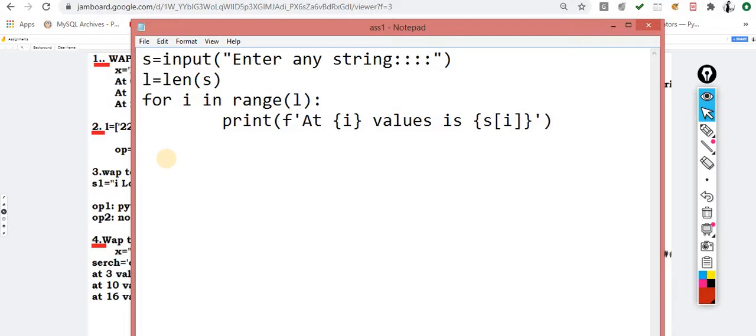Again, you have to print the negative indexing of that particular variable. How can I produce it, very simple. Here I am marking this one as the positive, the 0 positive, and I have to display the negative one again. How can I display the negative one? L minus i, that's it. Sorry, i minus L, that's it. Okay, let me run it, then I will explain how exactly this works.